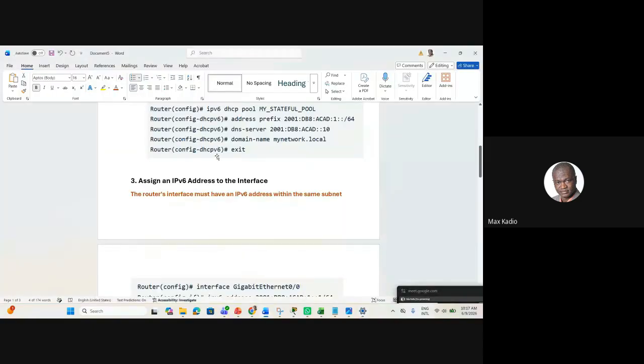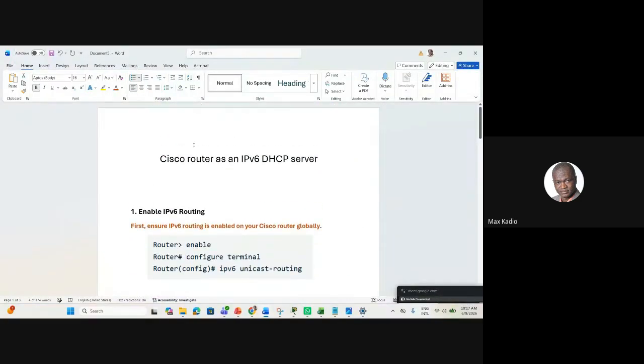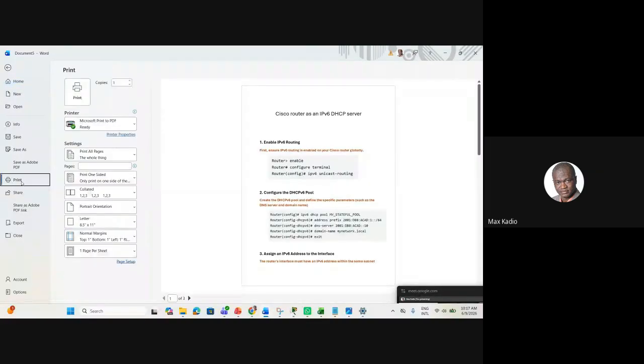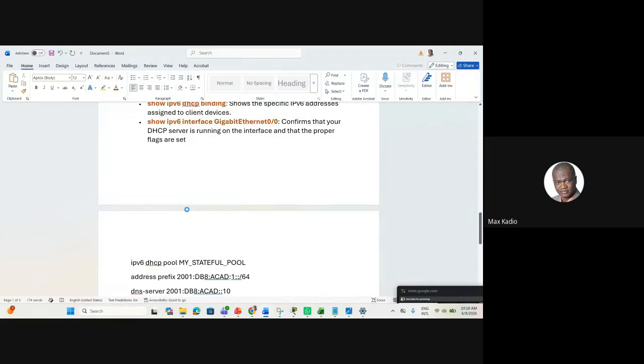For example, I'm here, and I go to File, and I go to Print. And if I click here, I can select the type of printer, which one I want. Because me, I don't have a printer. I have a logical printer, print to PDF. So when I print it, it will become a PDF file.